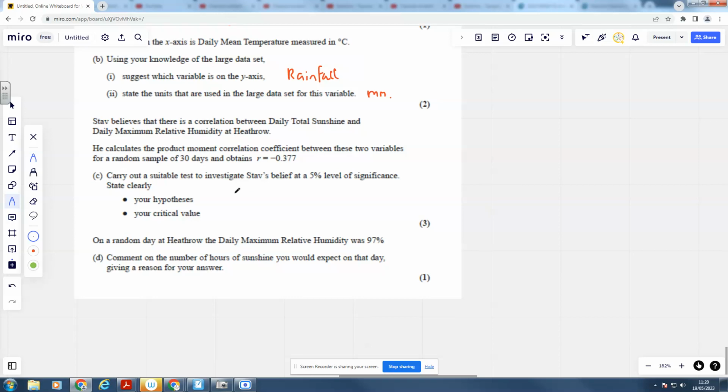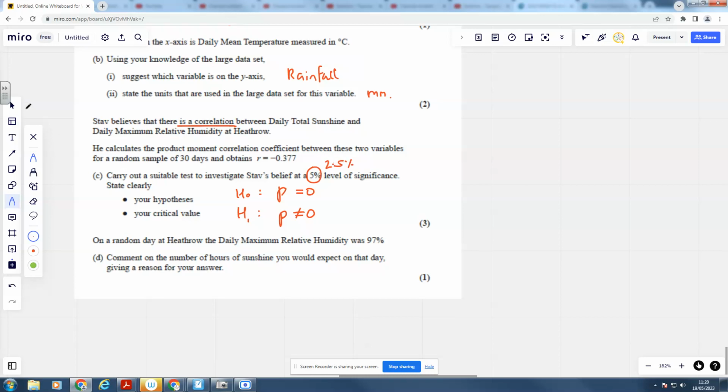So just like all the other ones, we're going to have our hypotheses, H0. Remember, we need rho equals 0. The null hypothesis is always that there's no correlation. Now, he believes that there is a correlation between daily total sunshine and daily maximum relative humidity. Can you see that he's not suggesting that there's any direction in that? He's not saying there's positive correlation or negative correlation. That makes it a two-tailed test, which means we're going to have to halve that when we actually do our